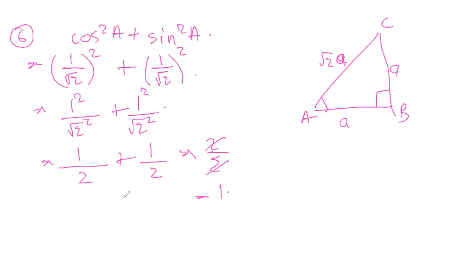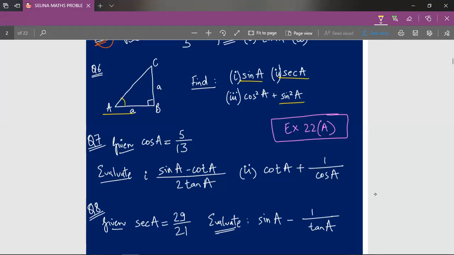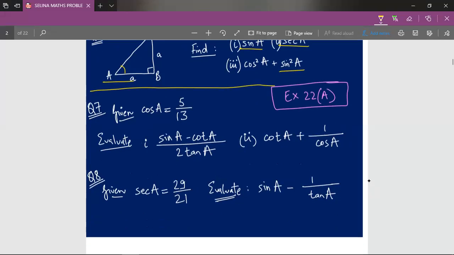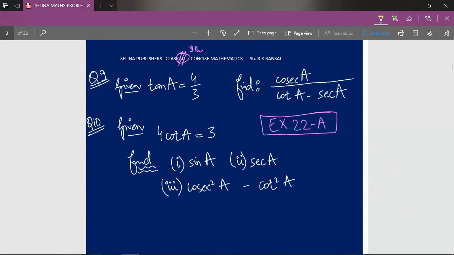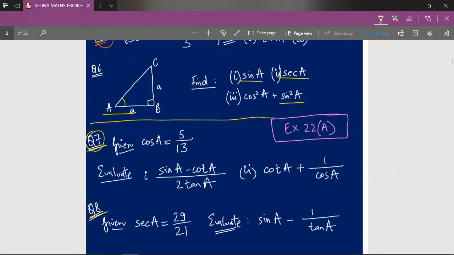Okay. So once we have completed our sixth question, the rest of the questions we will solve in part C. So all the questions after that, namely the 7th question, the 8th question, the 9th question and the 10th question, the rest of the 4 questions we'll do in part C.